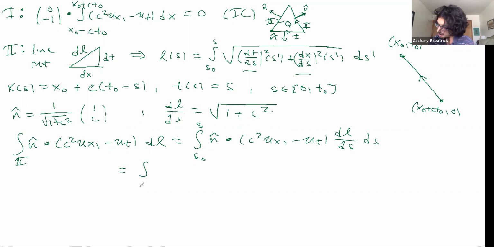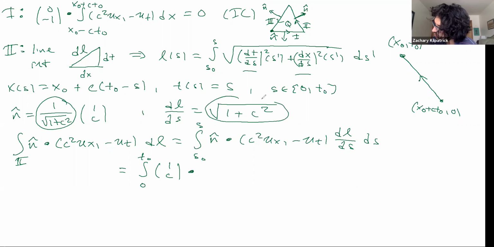And in particular, I can run that parameter from 0 to t0. I know what my normal is, right? And then this factor here cancels out with the factor that I get from dl/ds. So this simplifies down to c squared ux minus ut ds, okay? So